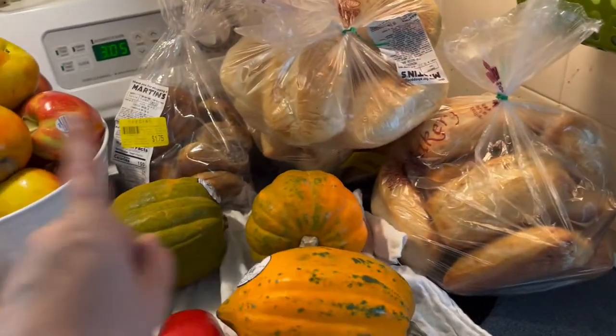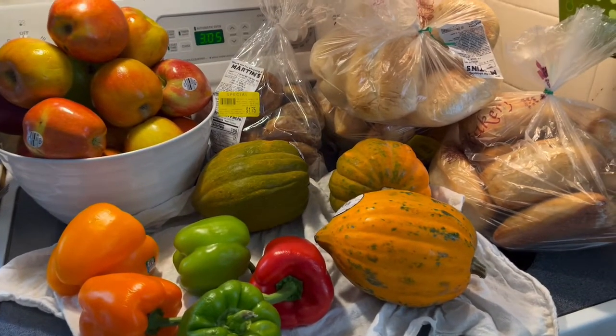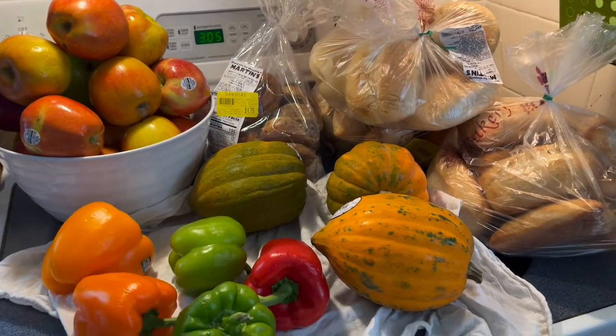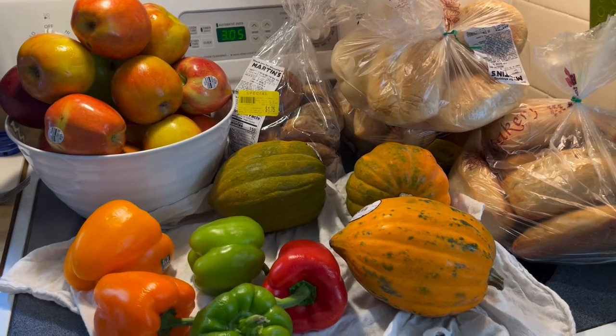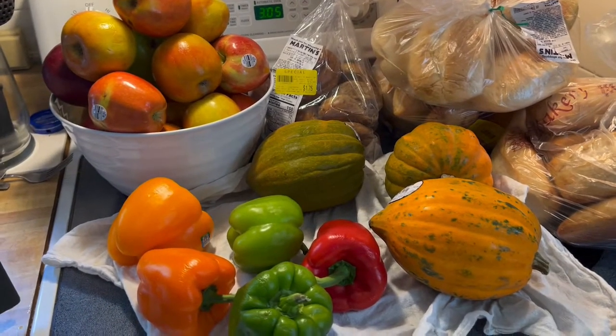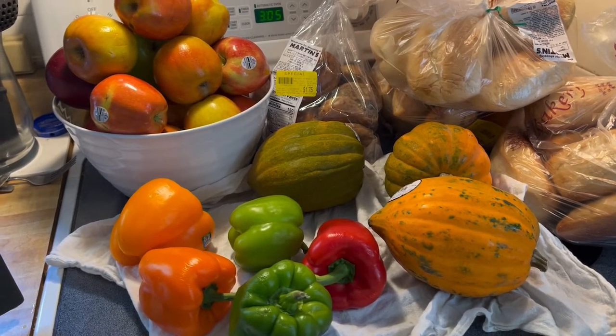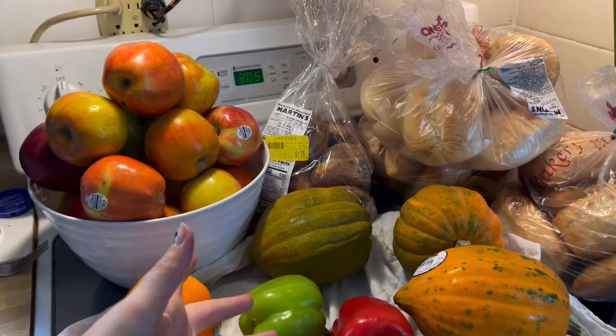And then 34 pieces of bread, rolls, whatever. It's a mix of rolls, bagels, things like that. So tons and tons and tons of stuff here. So this is how we feed everybody fresh produce without breaking the bank, because when we're able to find them this way,